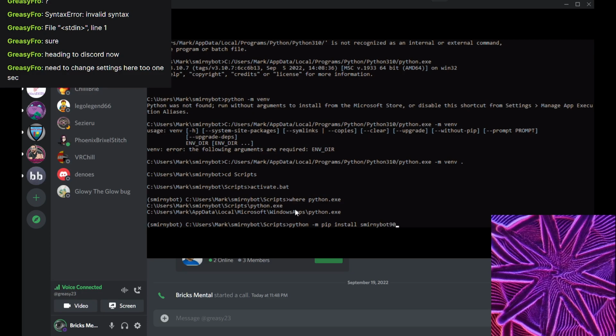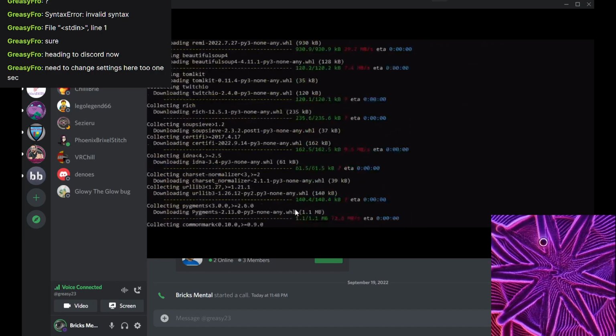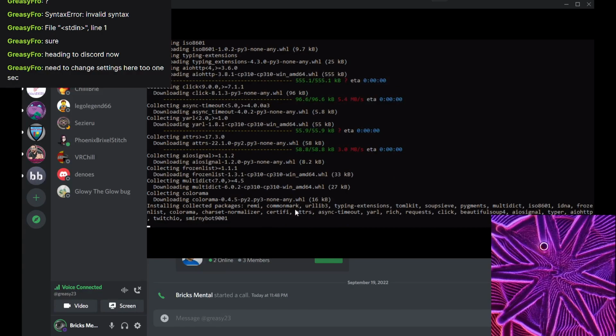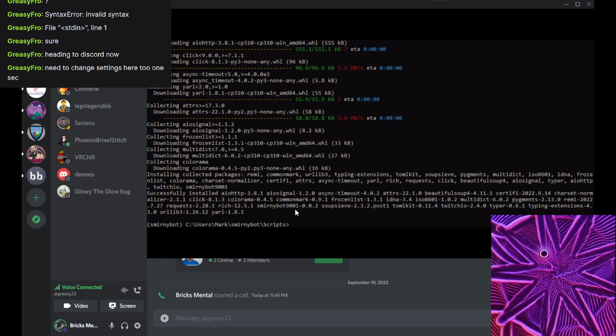It is still not bug free, but it will be easy to upgrade once I upload a new package, for example. 9001, it's over 9000, of course. Yeah, that should be all. It will now download a whole lot of dependencies and stuff, if you have a decent internet connection. And that should be it.